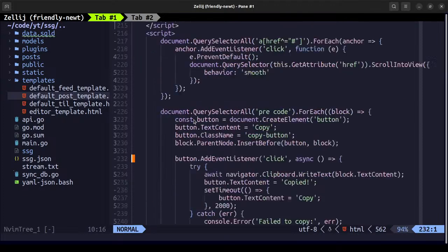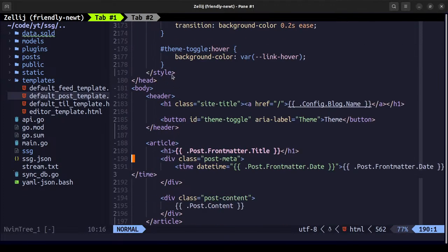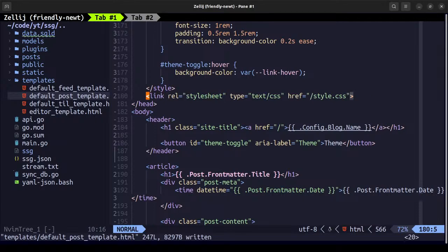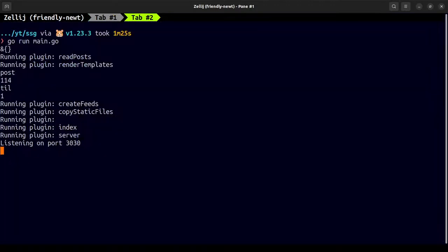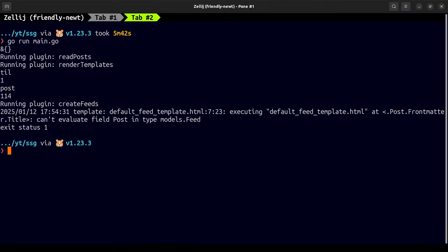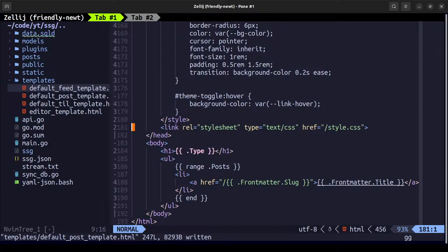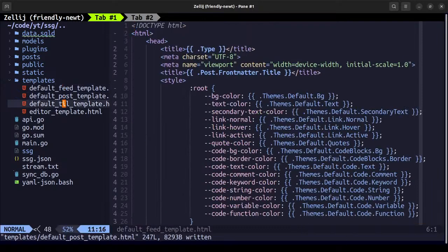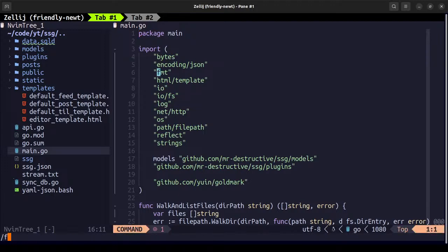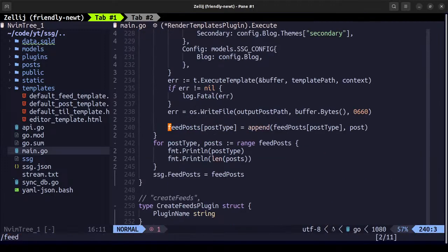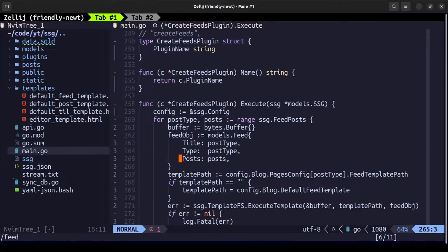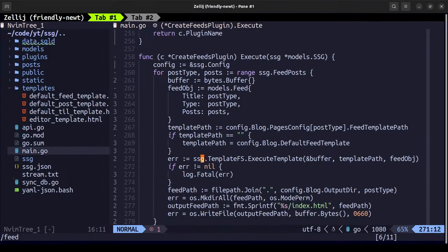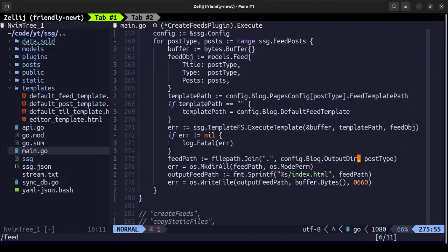So here as well, I'll try to add this style sheet at the very end. Okay, so that is feed template done. Now if we run this again, okay, feed template. So there will be a place where we are running this feed templates, and we need to pass the